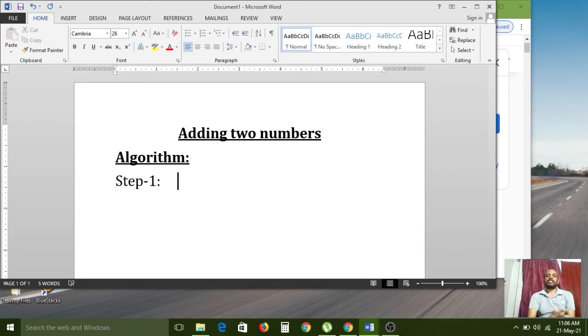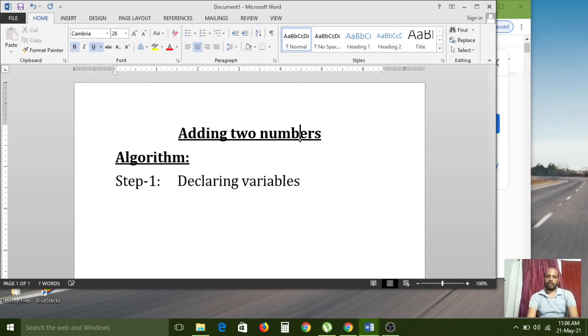After adding the two numbers, we need to store the result into one more variable. So for this program, three variables must be required. That's why here I am declaring variables. So this is the algorithm.